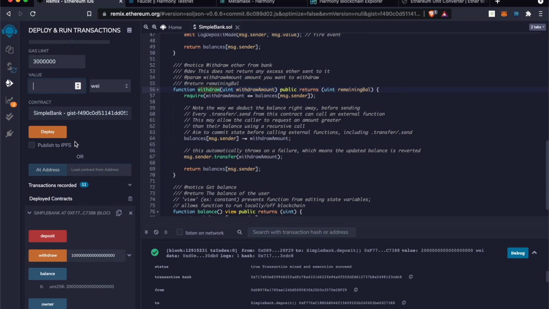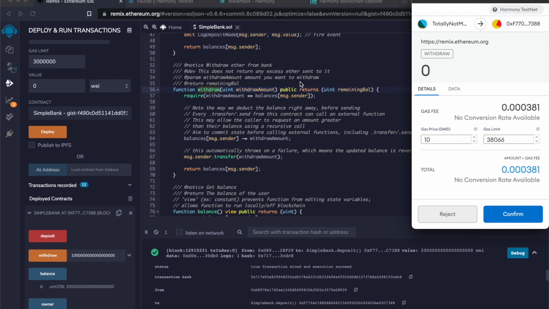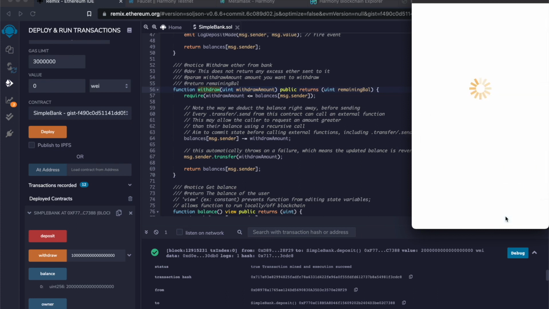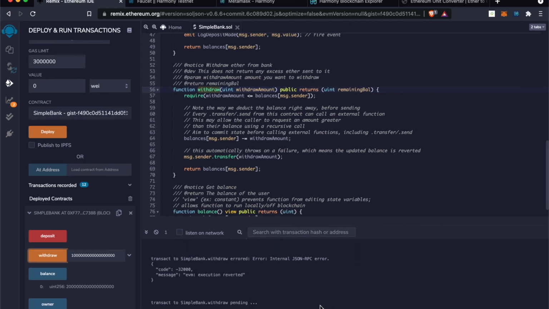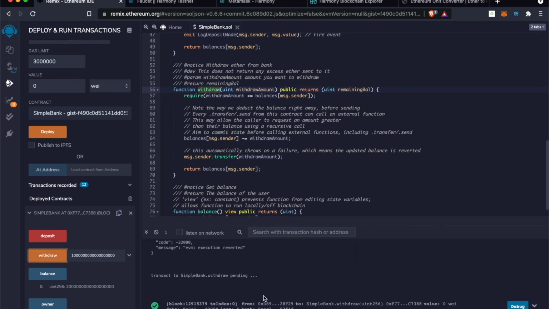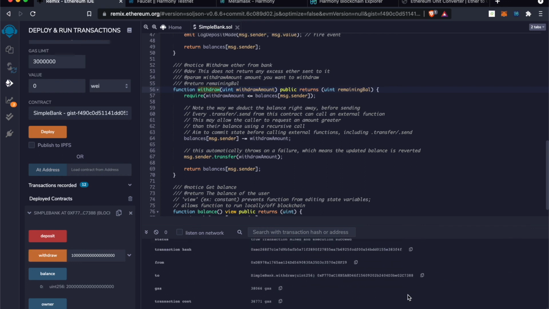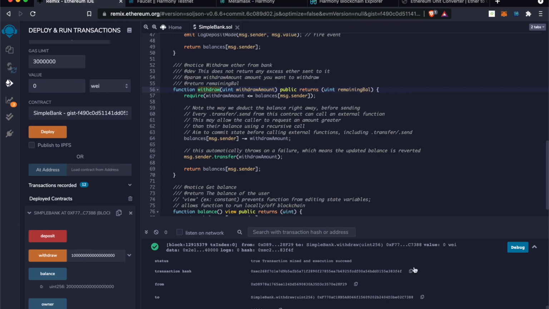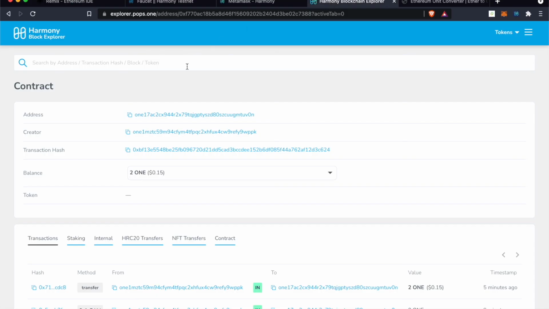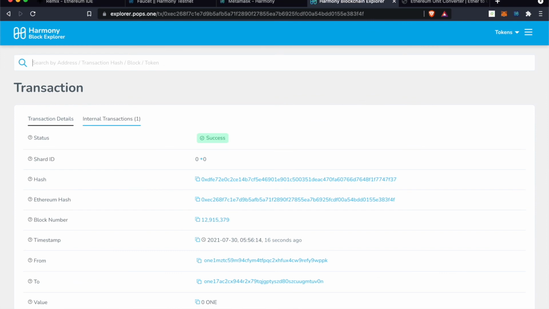So let's just set that back to 0, and then we'll try and withdraw 1 token. So when I click on that, once again, Metamask will pop up saying, hey, the action that you did will cost you some gas. Please confirm that transaction. Go ahead and click that, and then we just wait for that transaction to complete. And once it's completed, we can again expand it and inspect the results, inspect the actual hash itself. Copy that, go to the Explorer, jump in, and we can see now